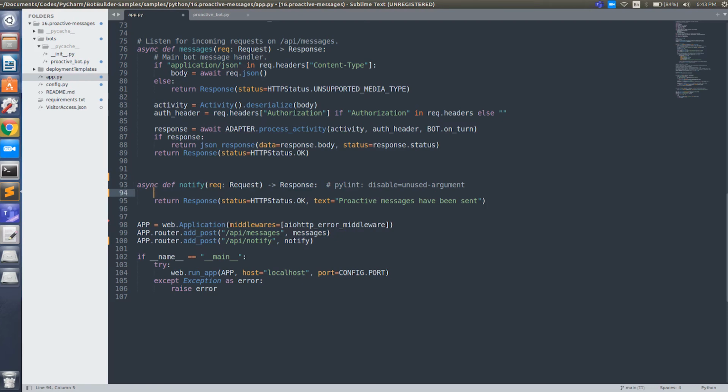So in this example, we'll pick one scenario where we're going to notify a user saying that you have visited, and the user can take an action to approve or deny the access. So what we're going to do is take the Azure user ID. I'm going to tell you what this is in a bit.